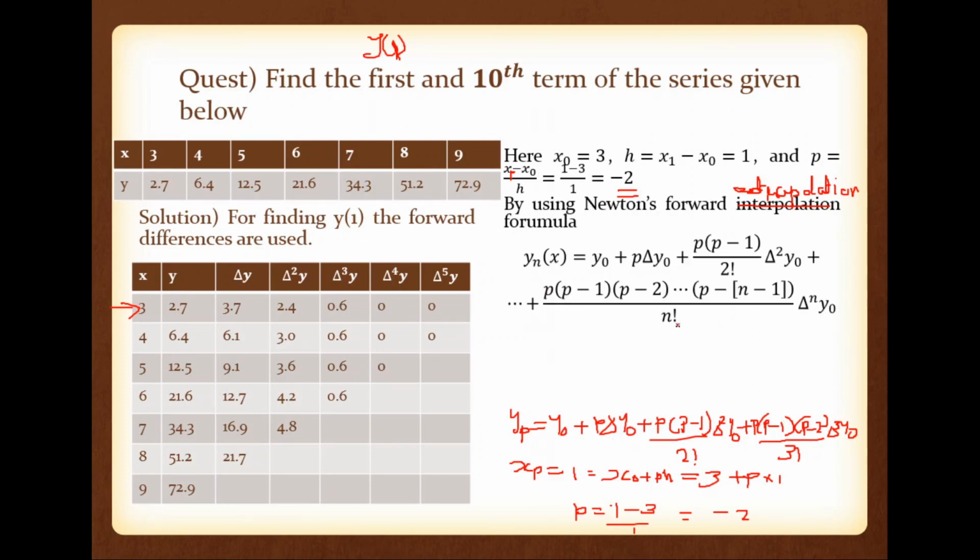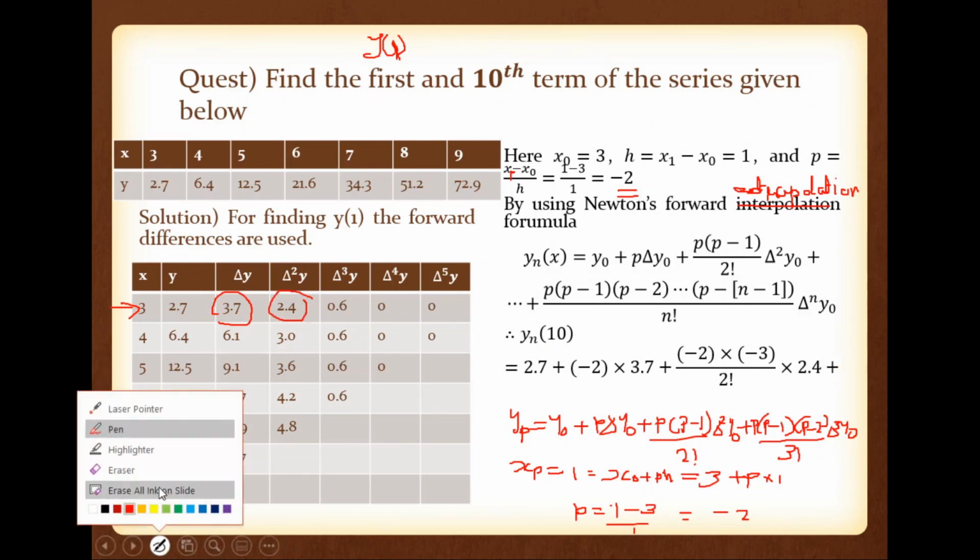This one is the general equation, we are not using this. So this is equal to, first one is 2.7 plus p, and p is equal to minus 2, into 3.7. So this is delta y0, that is 3.7, plus p into p minus 1. So minus 2 minus 1, that is minus 3, divided by 2 factorial into delta square y0, that is 2.4,